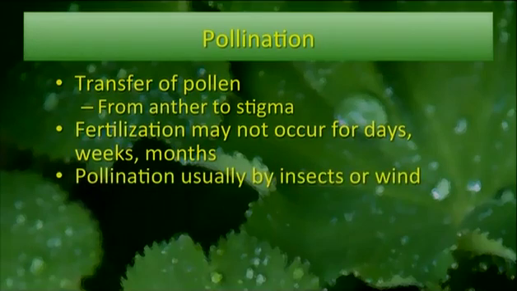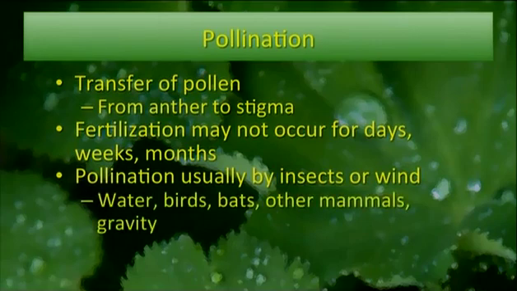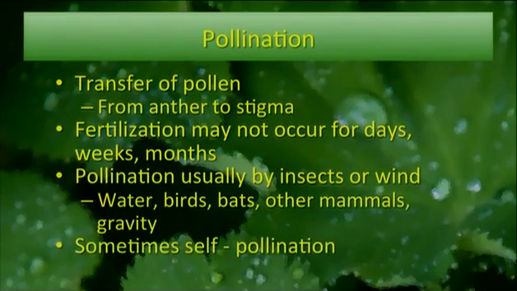Pollination is usually effected by insects or wind, but it can also be effected by water or birds or bats or other mammals such as mice. Also by gravity, so you have here a physical force that can actually affect pollination. And some flowers do self-pollination. We've talked about this before. There are some flowers that are self-fertile, among them the Philippine ground orchid, which is naturalized in Hawaii. The flowers don't even open all the way, and they self-pollinate all the time. That's why they grow up in the mountains and in cleared areas.